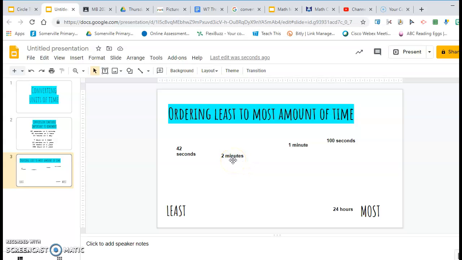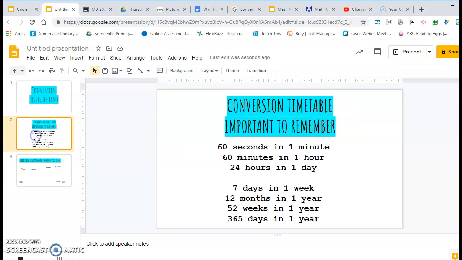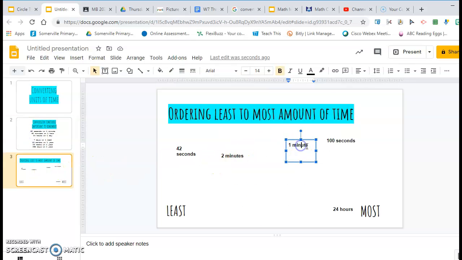Alright, so now a good thing to do if you're really not sure what might go next is to convert your amounts of time into the same units of time. So I'm going to convert my 1 minute and my 2 minutes into seconds. That way it makes it so much easier for me to put them in order from least to most. When we had a look at our chart, we know that there's 60 seconds in 1 minute. So our 1 minute